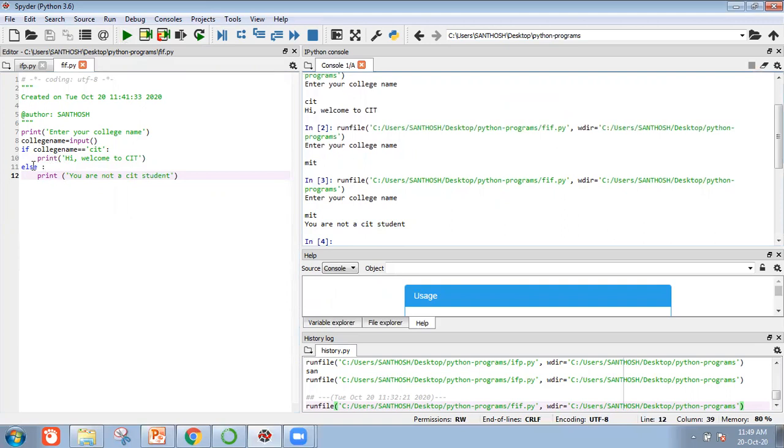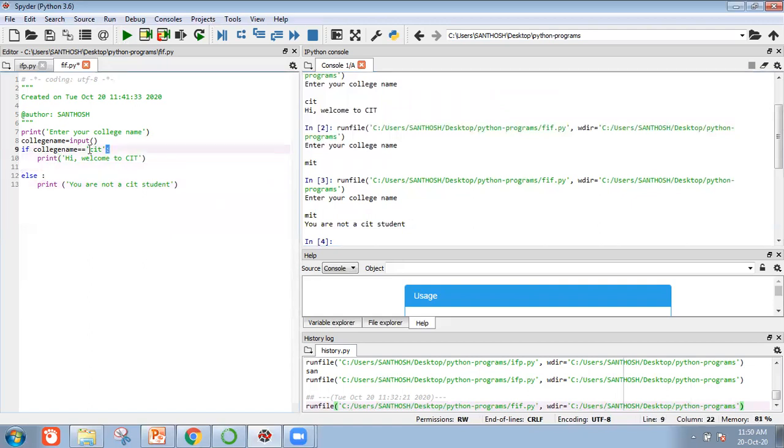Next, in if and else, you can check only one condition at a time. You can't check multiple possible outputs for a single condition. For checking multiple conditions for a single scenario, we have to use else if. Here, how to write else if? For writing else if conditions, we are not using the else if keyword. Instead of that, in Python we are using elif. After if, for checking the next possible condition.